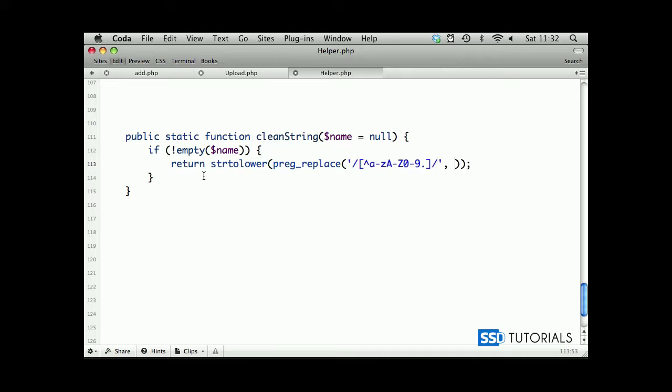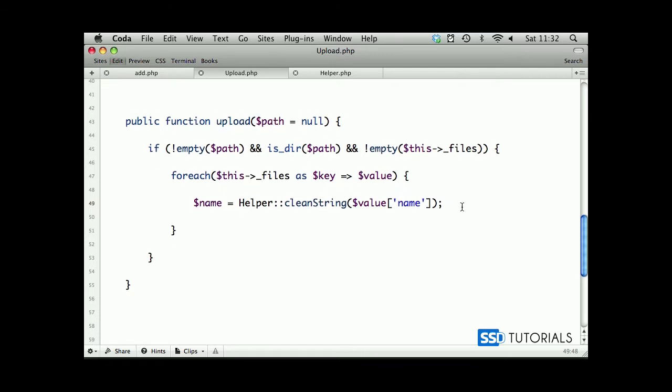Then we want to replace things which aren't matching this with a hyphen. Then we have the third parameter, the string, which we want to replace these things in. So obviously it's going to be our name parameter. Okay, and that's everything inside of this function, inside of this method, rather. And if we go back to upload